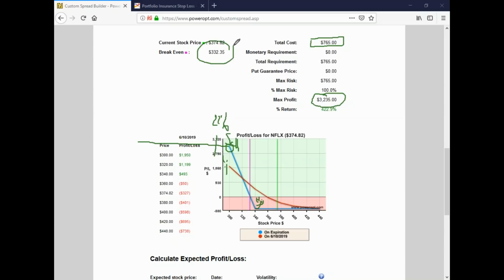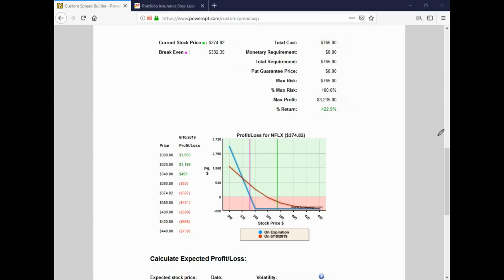Now, break even's 332. It's right about here, right? So, but the stock's at 374, so we'd still need 10% decline just to hit break even in the next 3 months, 2.5 months. I'll call it 2.5 months. How about that? Okay, so